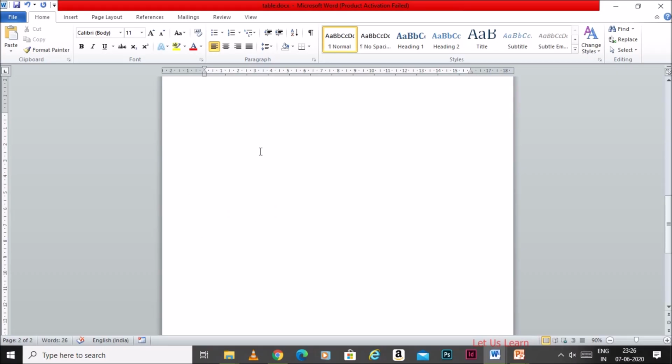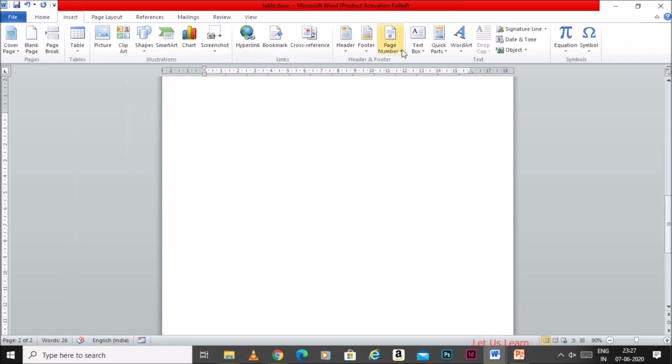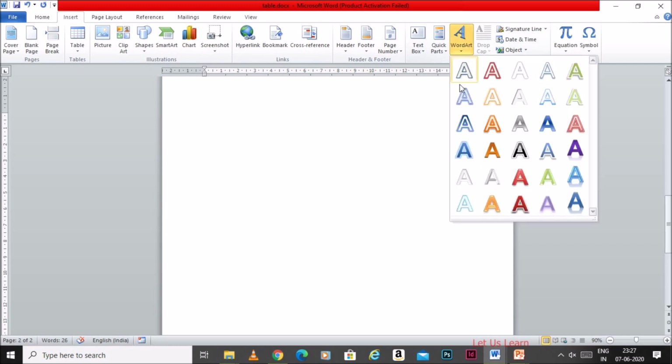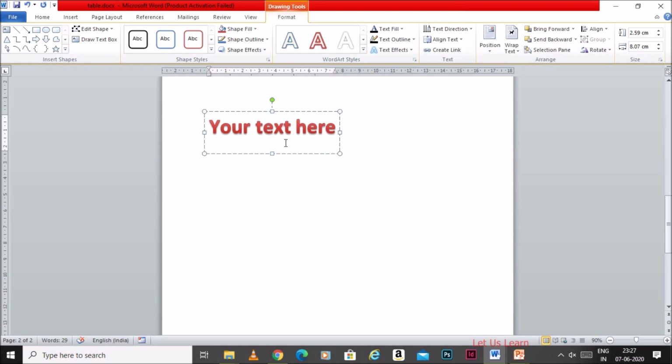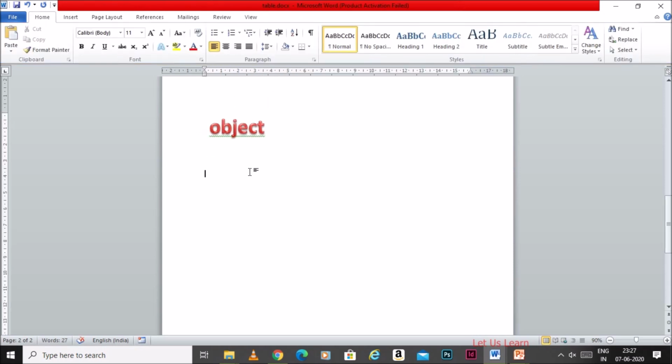Word has some predefined WordArt in it. If you want to manually edit the text of your passage, you go here, select the text, and change the font and the font size. Instead of doing that, go to Insert, and there is something called WordArt. Click this. See, there are many predefined WordArt styles given by Word. Choose anything and it will appear like this, and you can type a text and click outside, and you can see the object. This is beautiful, right?